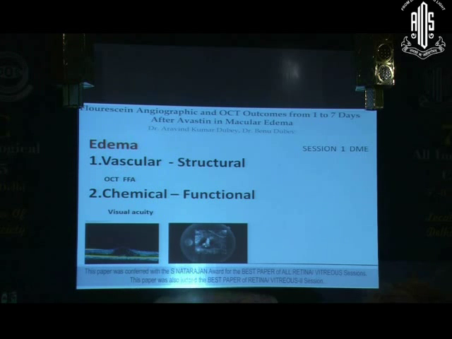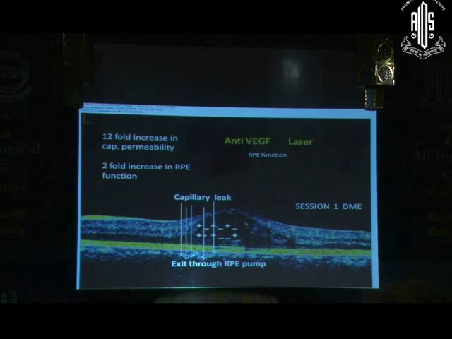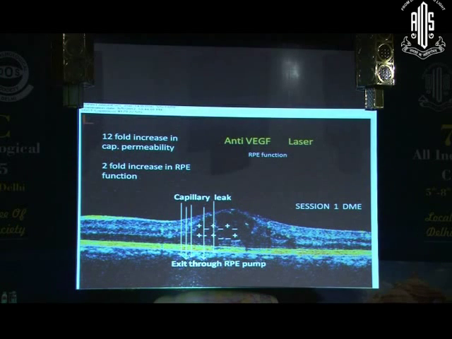Now that brings me to look at macular edema in a very different way. You have a vascular edema that you locate with FFA. You have a structural edema that you locate with OCT. But you have a chemical edema, that is ionic balance or functional edema, which you locate with visual acuity. My question, which I'll be directing to Dr. Tiwari,